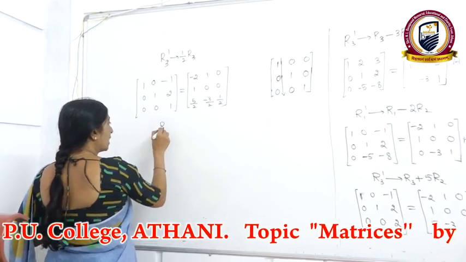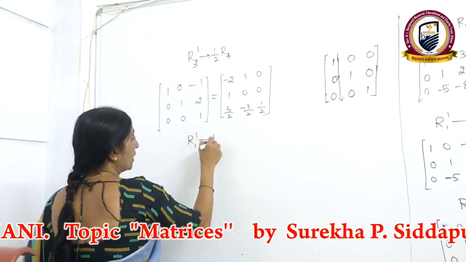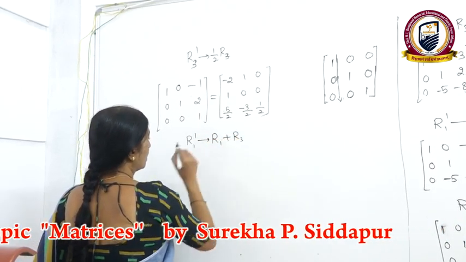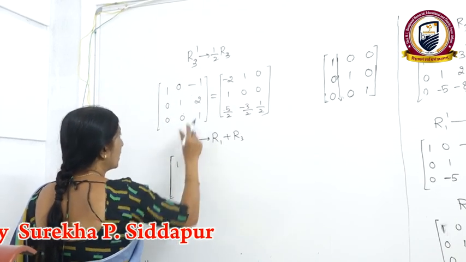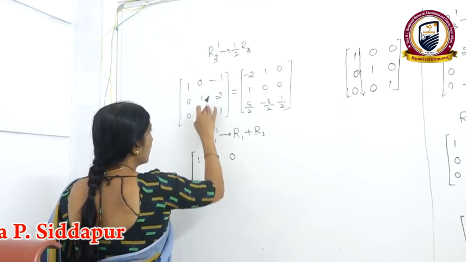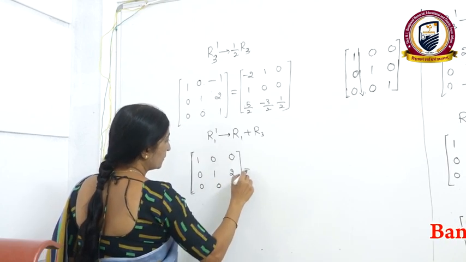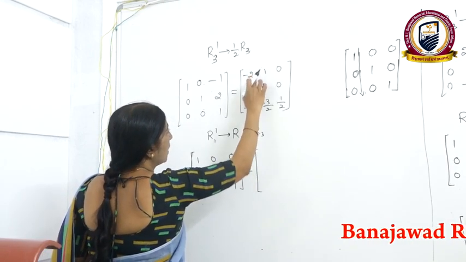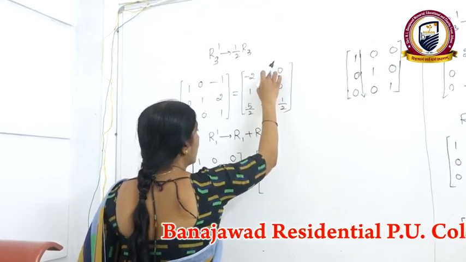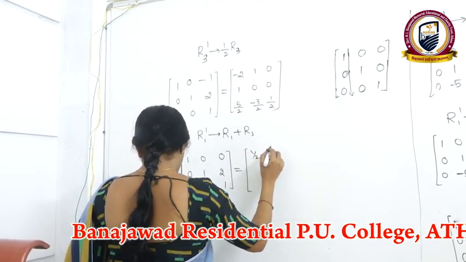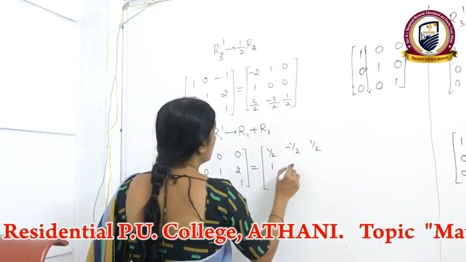Now we have to make these two elements 0. Now first one I am writing R1 dash, first row. It is minus 1, this is plus 1. If you add these two directly you will get a 0. R1 plus R3. Write those elements. This is 1. This is 0 and minus 1 plus 1 will be 0. The remaining 2 rows as it is. Here also the same thing. First and third. Minus 2 plus 5 by 2, that is 1 by 2. 1 minus 3 by 2, that is minus 1 by 2. And 0 plus 1 by 2. The remaining 2 rows as it is.